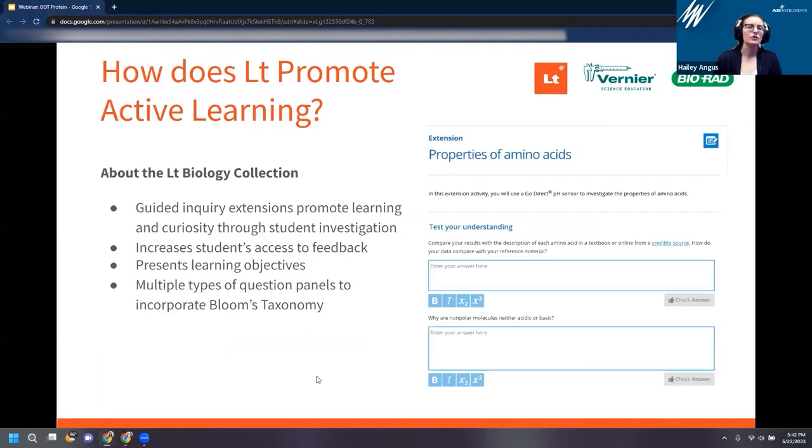So the idea with active learning compared to passive learning, most labs are active, right? We think of labs as hands-on experiences. The students get to tangibly do a task. But often what we find our instructors noting is that some students don't translate the tasks that they're doing with what they're actually learning in lecture. So our goal with LT and this LT biology collection is to try and bridge that gap a little bit and help students understand, oh, this is what you're doing, but it relates to this concept that you're learning